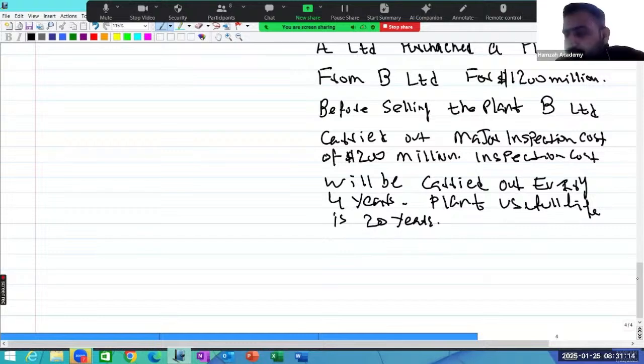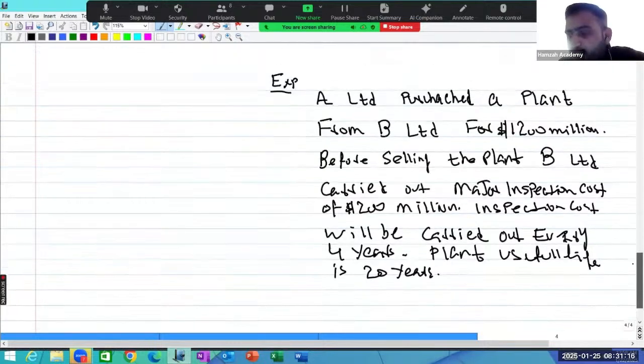Now, this is the example. A Limited purchased a plant from B Limited for 1,200 million US dollars. And before selling the plant, B Limited carried out a major inspection cost of 200 million US dollars, and inspection cost will be carried out every 4 years. Plant useful life is 20 years. Now, if we talk about the solution,